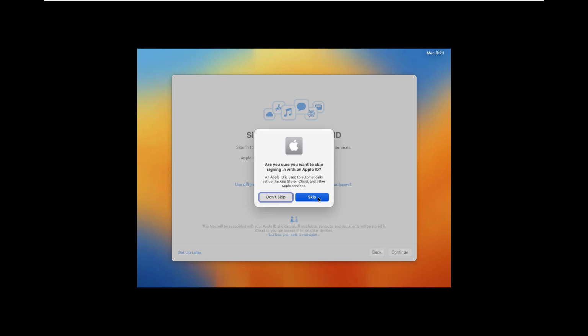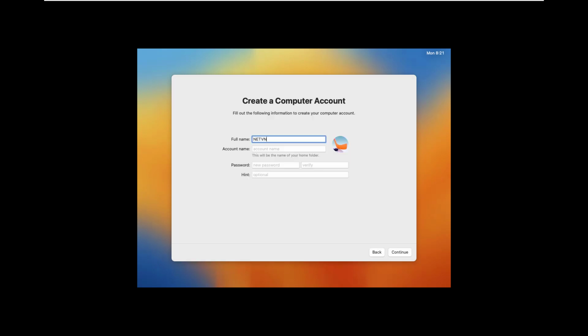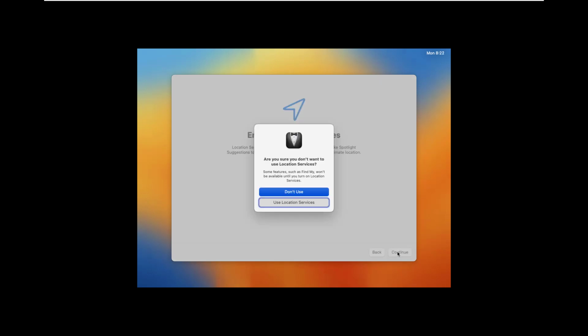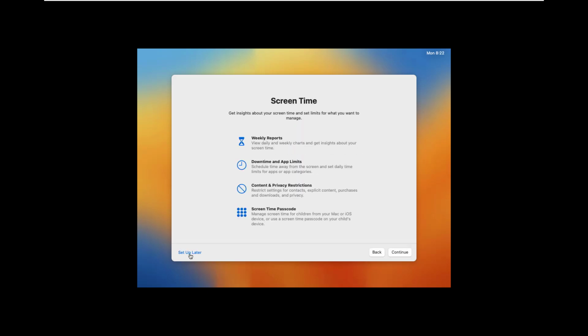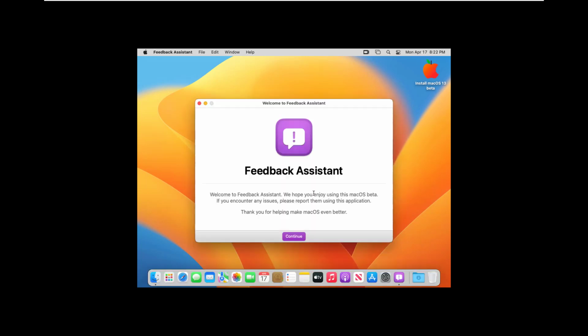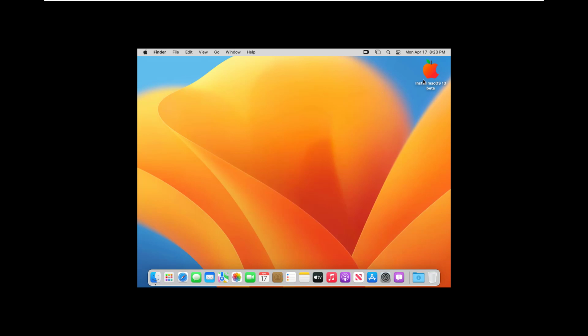After a while of waiting, here are the final setup steps for the Mac OS virtual machine. You set up language, keyboard, region, Apple ID for it. I skipped most of the settings here, but you have to create a new admin account for this virtual machine. You write down the password to use in the next step. And this is the result, but you find the screen shrinking very annoying.